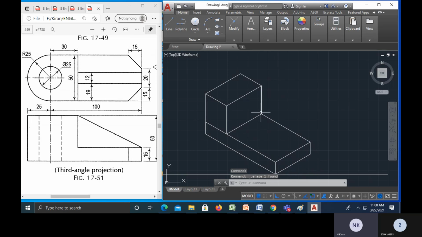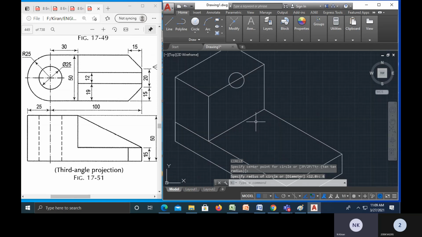So that C enter, actually from this midpoint I have to take 12 mm. As we are taking the midpoint, I have to take 6 mm radius, right? This is your 12 mm. As we have taken the radius as 6, this will be your 12 mm width.